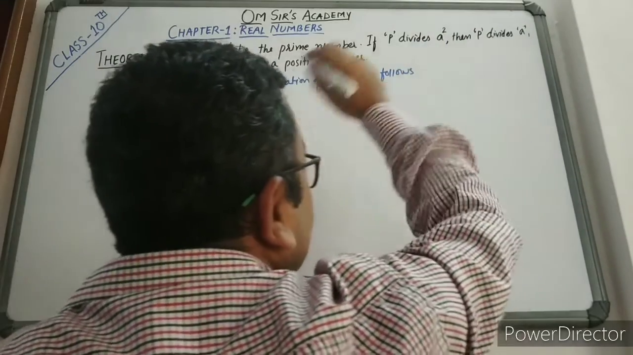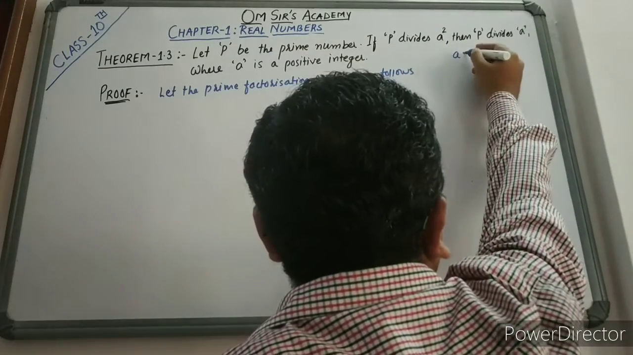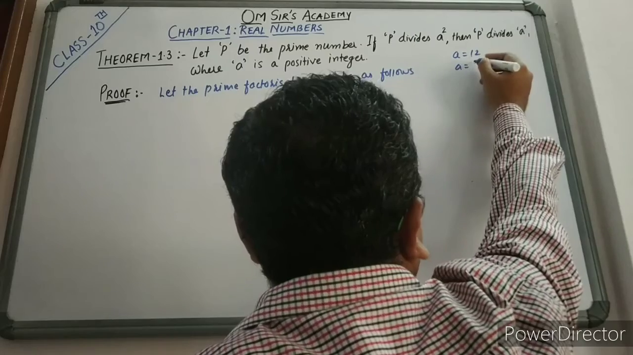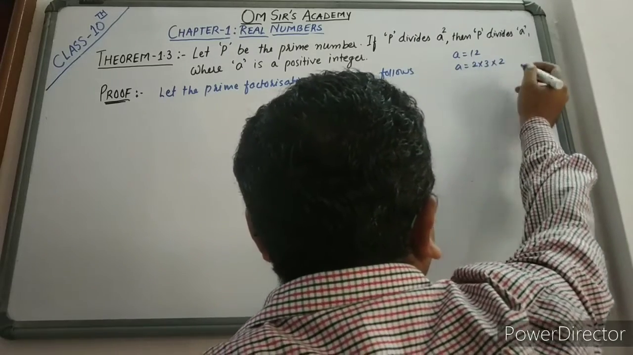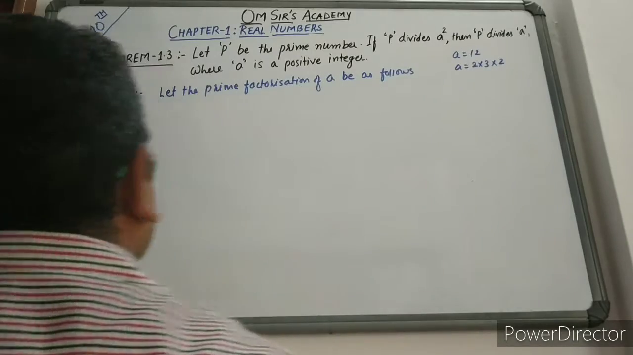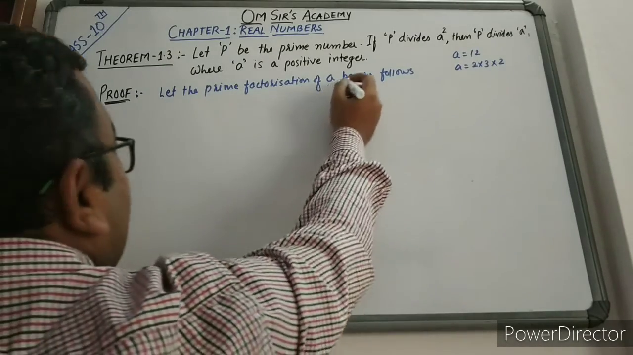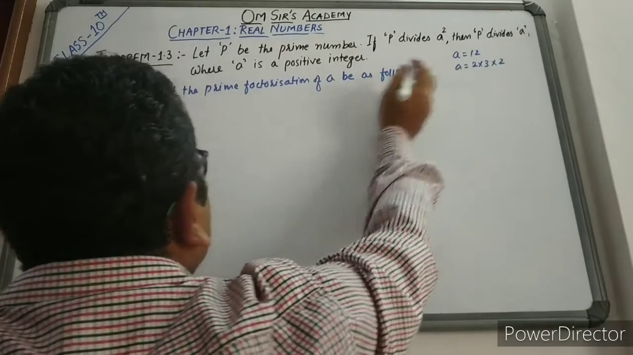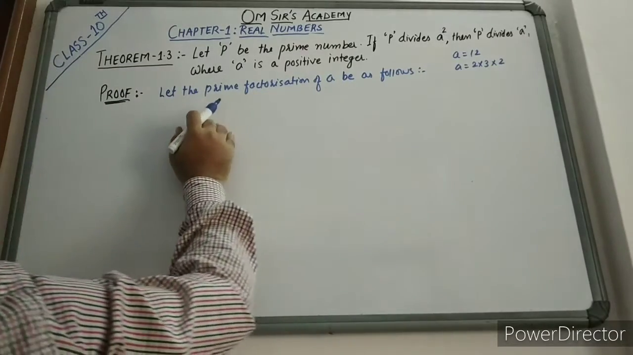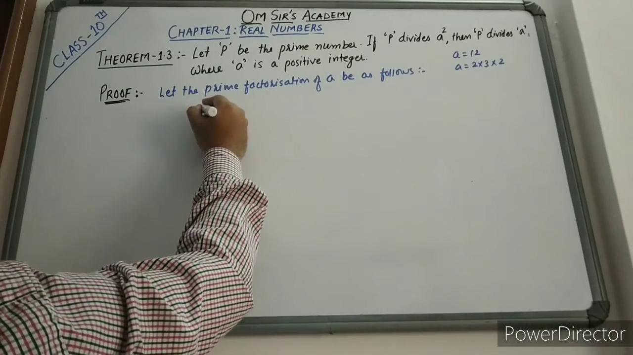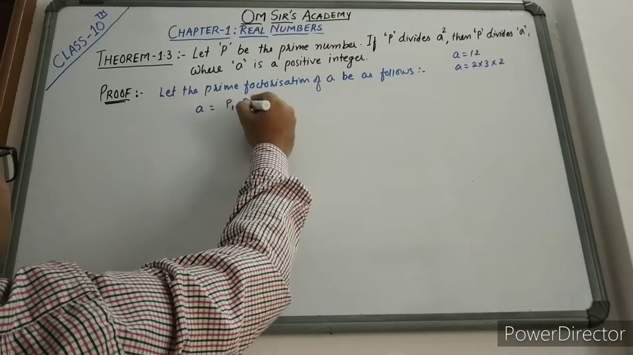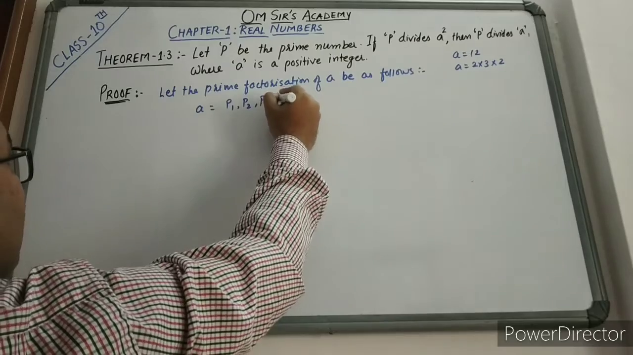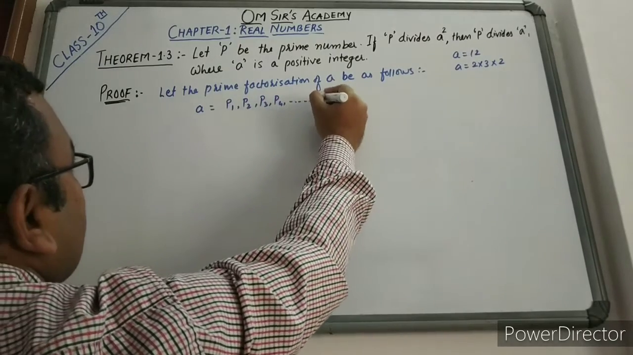Here in the previous example, we took a as 12. So what were the prime factors of this? 2 into 3 into 2. 2 3s are 6, 2 6s are 12. So in this way, the prime factorization of a will be as follows. Let us say the prime factorization of a is p1, p2, p3, p4, dot dot dot,